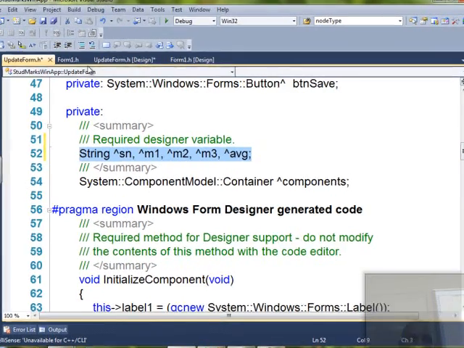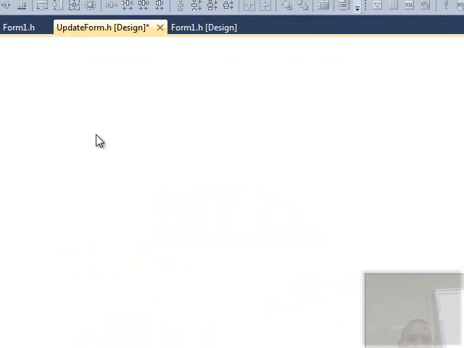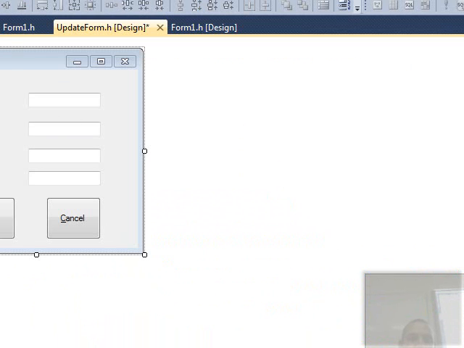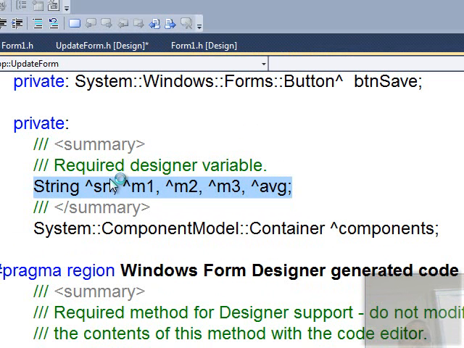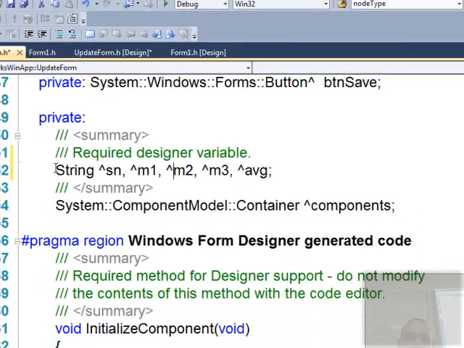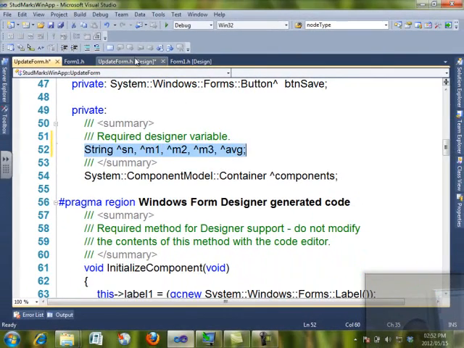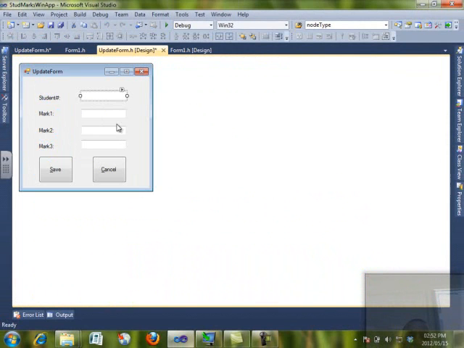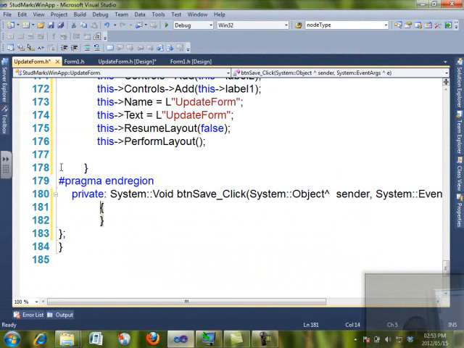Okay, so it's string. So we've populated the controls, we've added the controls, given them meaningful names, and then we've declared variables there, which will basically hold that string to pass it through the second form, the first form. Alright. So now, after you've added that code, you go back to your design and you double click on the save button, because now the save button will assign those values to the strings that you've just declared. Okay, so the student number will be equal to txt sn,